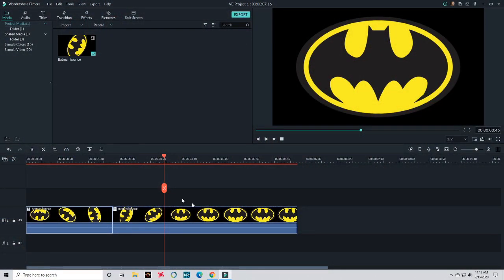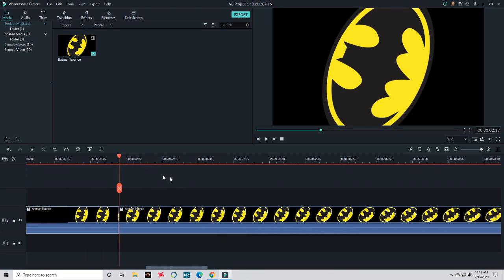Can you hack motion tracking in Filmora 9? Yes, and I've shown how to do this. You can hack it by doing frame-by-frame motion. And the way I've done it before is like if you've got a piece of something on screen, it can be anything, right? Like let's say,